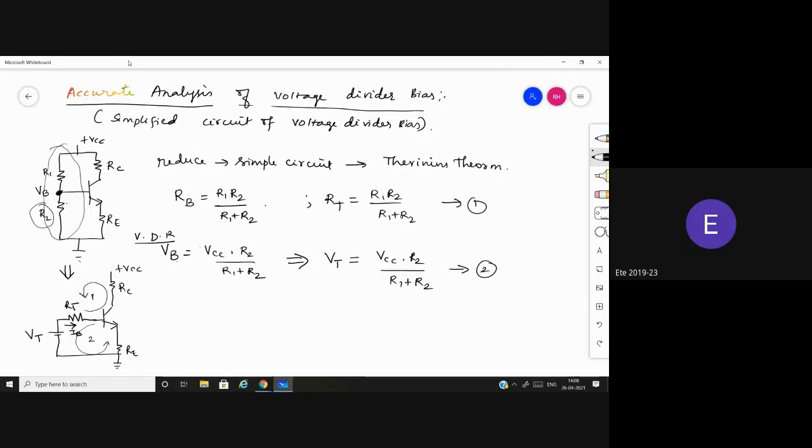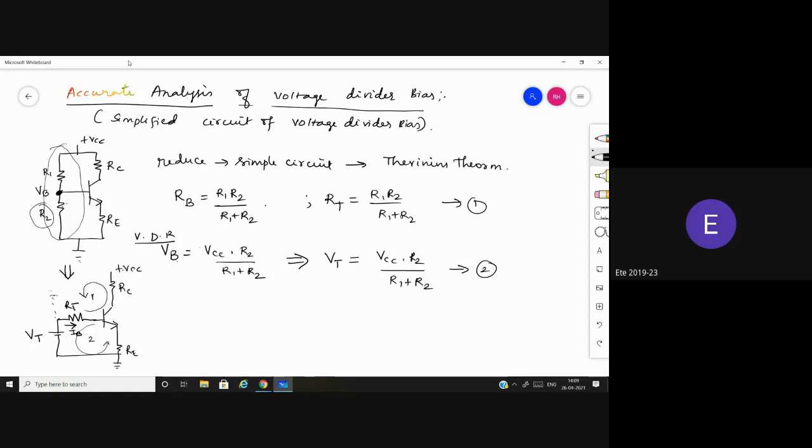Say if you connect it here, what will happen? This plus VCC and this get added up, and there is no point in finding out the base voltage, because your entire voltage will be greater than or equal to VCC. So entire VCC will come here. Then there is no point in finding out the base voltage, or in designing an amplifier. So we are going to connect VT across this loop.